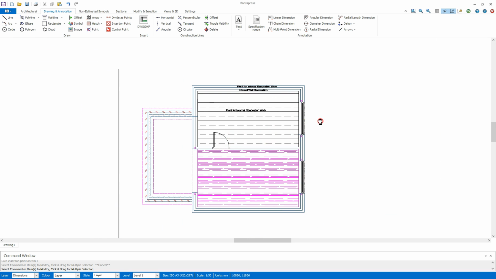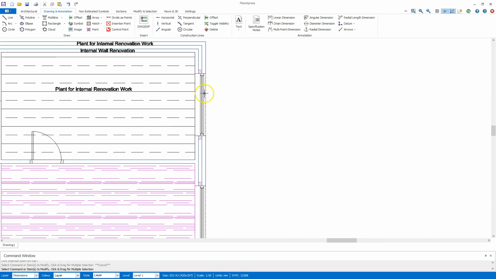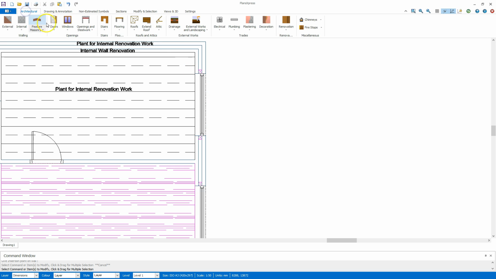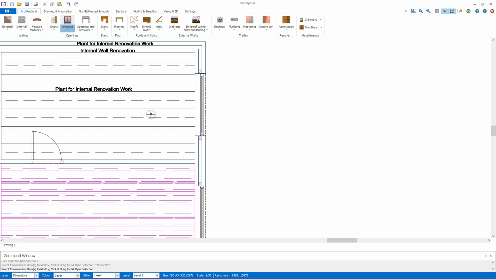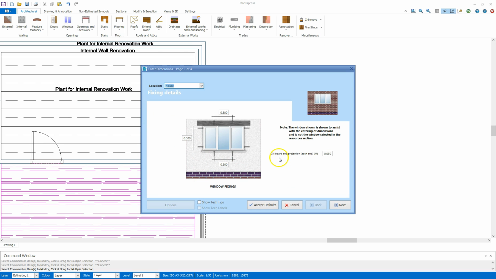Now I'm done. What I'm going to do next is replace this window. So I can see here hovering over the top, it's a PVCU window. It's 1200 deep, 1800 wide. So what I'm going to do is go to my architectural tab, go to Windows, and for the windows I actually have a tool for this now. So I'm going to go to PVC replacement windows, select the replacement window there, and in here